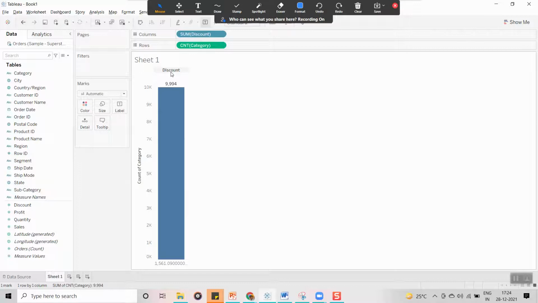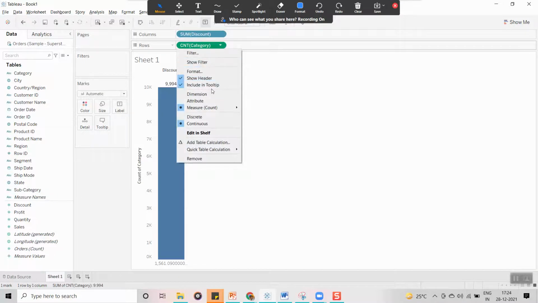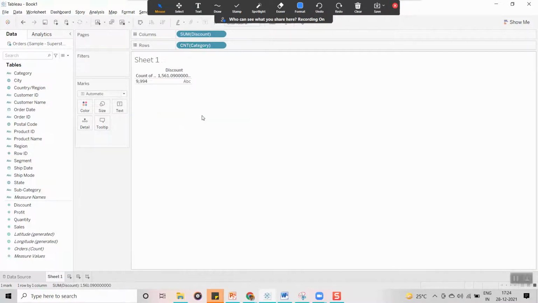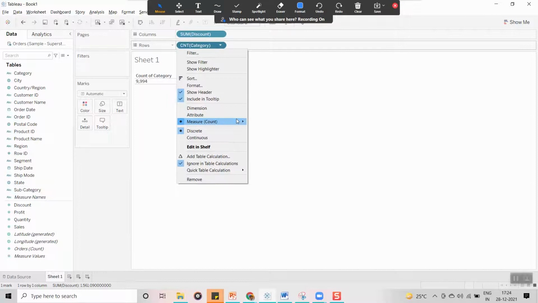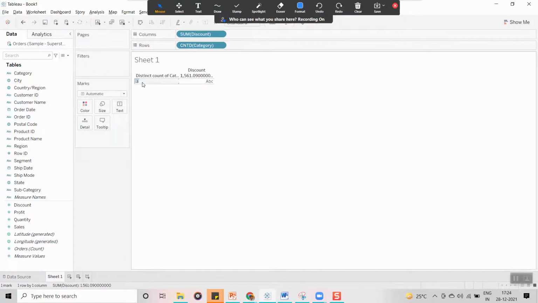Now it is displaying count of category and discount. Here count of category is taking the number of records available. If you see the distinct count, it will display three values: furniture, office supplies and technology, three different categories.